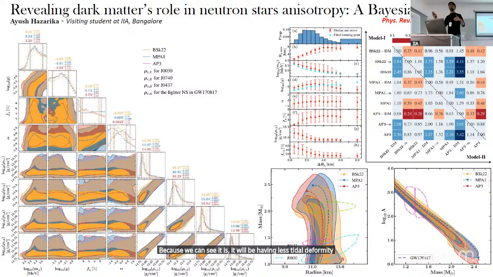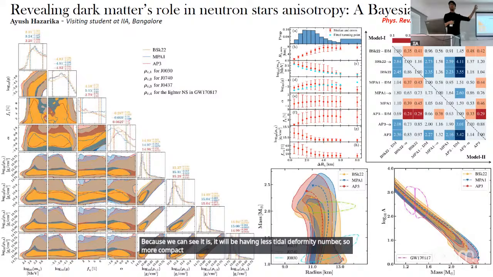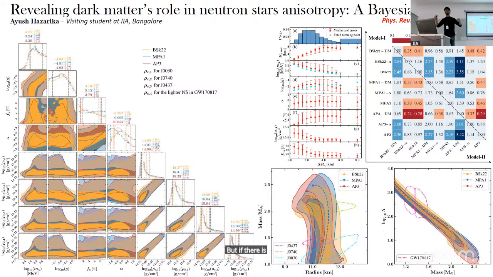so they are more compact. So if we have a pure baryonic and a dark matter neutron star, the tidal deformation will be different. Observationally, we might think it is just the mass, but if there is a stark contrast between the two, then we will know for sure that these systems exist.